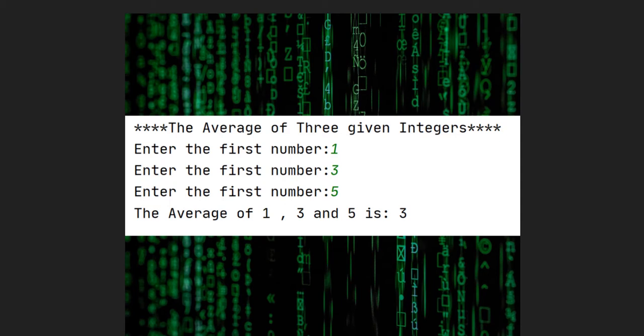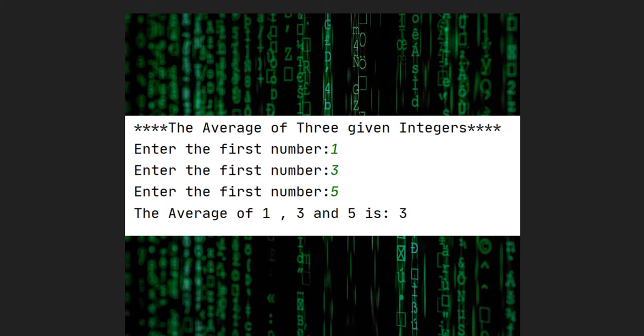As you can observe in the image, the first part is what the code is used for. I have written the average of three given integers. So the output window in front of us is the output of a code written to find the average of three given integers. Read this line carefully: it is supposed to find the average of three given integers. Because I have written given integers, the user is going to give you the integers and you are supposed to calculate the average. So that hint is there.